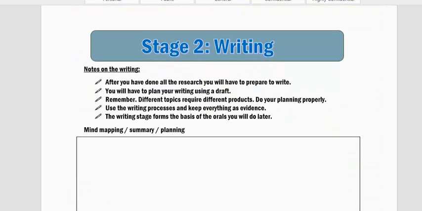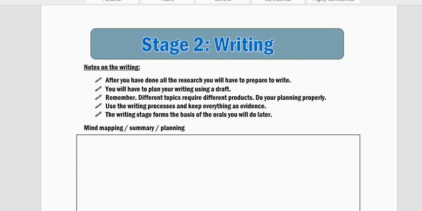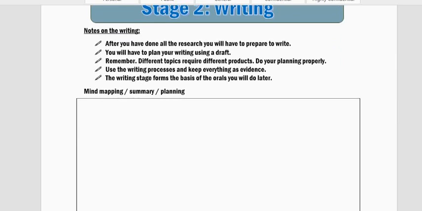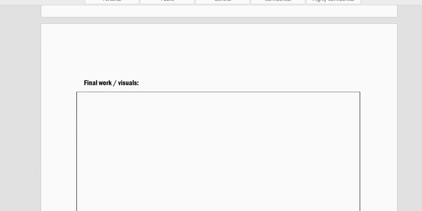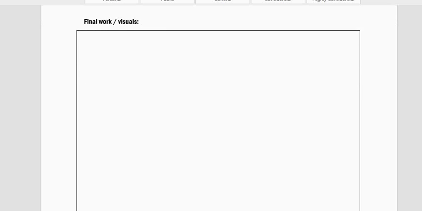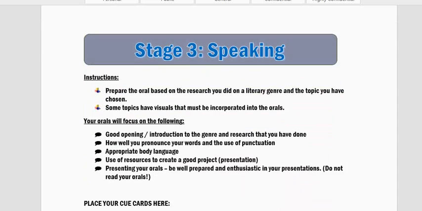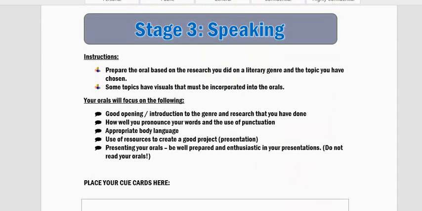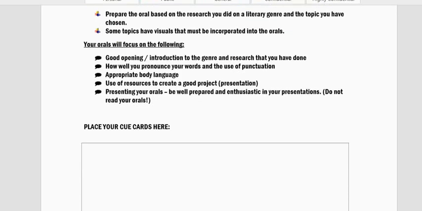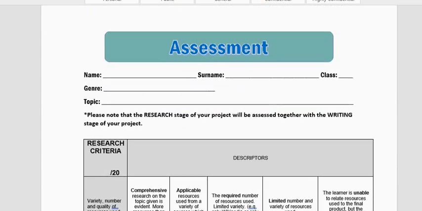Okay, then there should be a space allocated to the writing part of the project. Okay, where he can put in his rough draft, his final product, his checklists for the grammar, all of that. There also should be a space where he can put in visual texts or pictures or illustrations. Then, ladies and gentlemen, there must also be some space for him to put in the preparation for his final oral presentation, and maybe cue cards and visual elements.